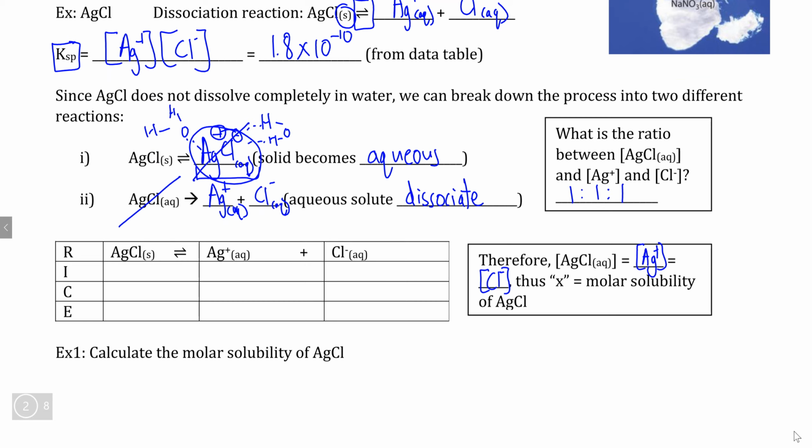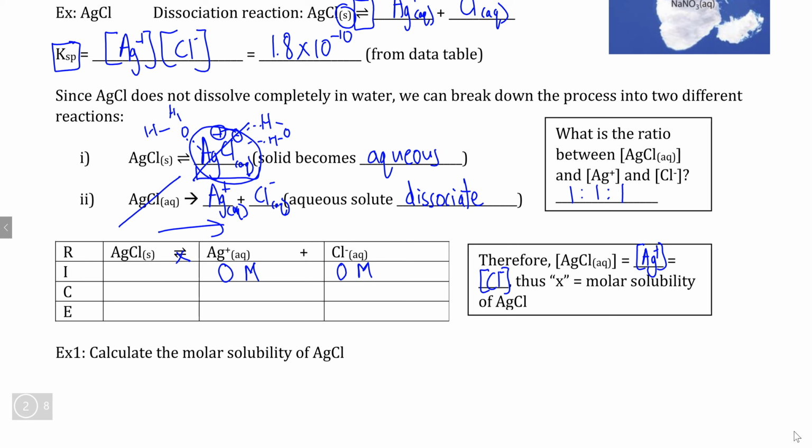If we're assuming that we're taking a specific mass of AgCl and dropping it into pure water, then our initial concentrations of each ion are going to be 0 moles per liter, meaning that there is going to be no precipitation reaction, and the dissociation is the only reaction that will happen. Since the mole ratio is 1 to 1 to 1,